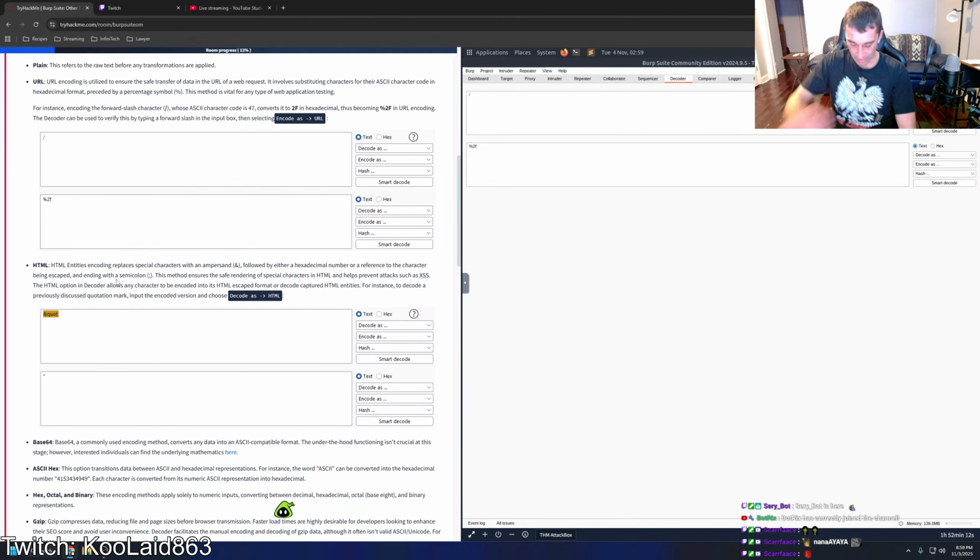HTML. HTML entities encoding replaces special characters with an ampersand, followed by either a hexadecimal number or a reference to the character being escaped, and ending with a semicolon, winky face. This method ensures